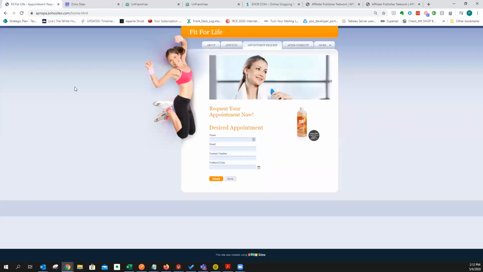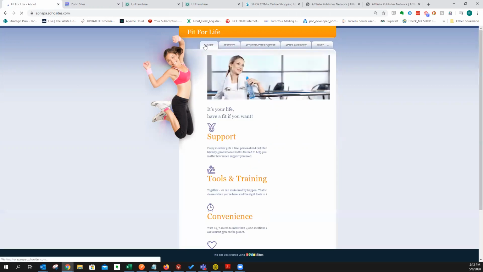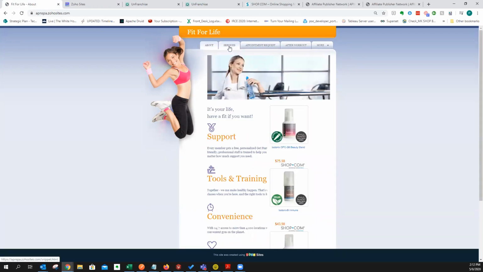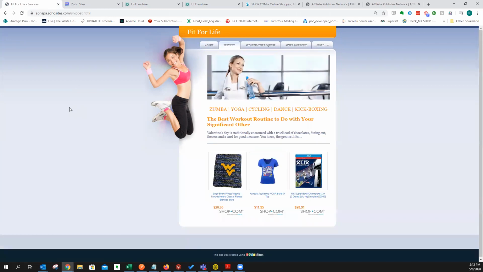And then the other thing you'll notice is that on this page, we're looking at Snap. On this other tab, we were looking at isotonics. But this program is available to anything that we sell on shop.com that you can check out through one cart. If you have to link off to another partner store to purchase a product, that product does not participate. But if it's a product you can actually check out with through OneCart on Shop, it's available in this program,